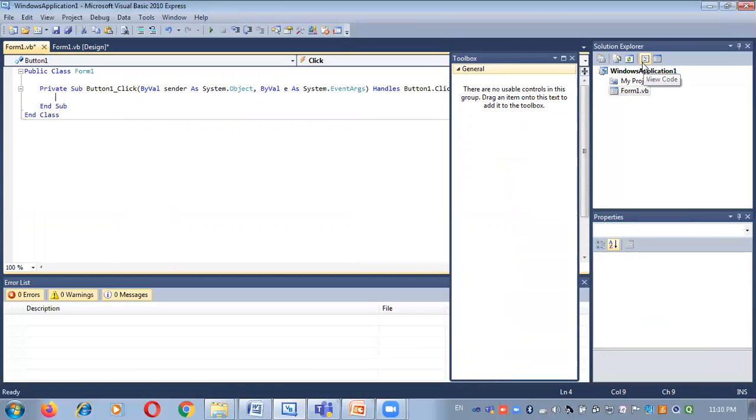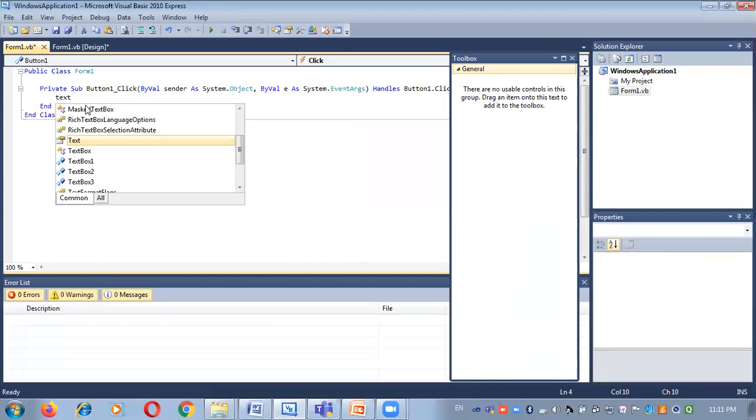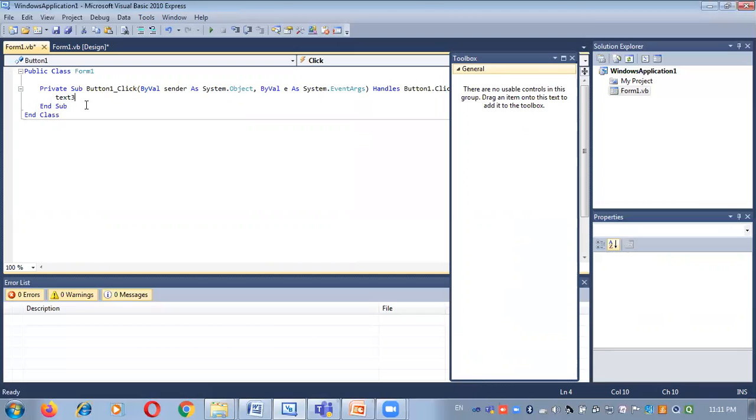After double clicking on the button, here I am going to present how to use arithmetic operators in Visual Basic. There are 7 to 8 types of arithmetic operators we are going to use, like addition, subtraction, multiplication, division, then modulus, then floating, etc. So here I try to write the code for addition of two numbers.